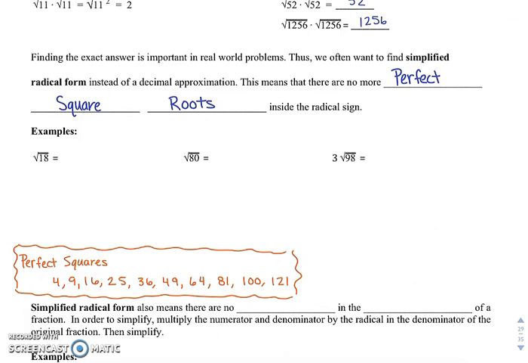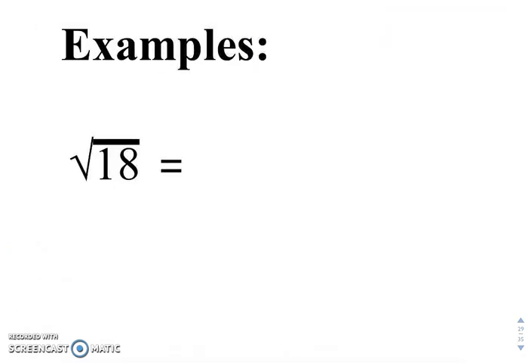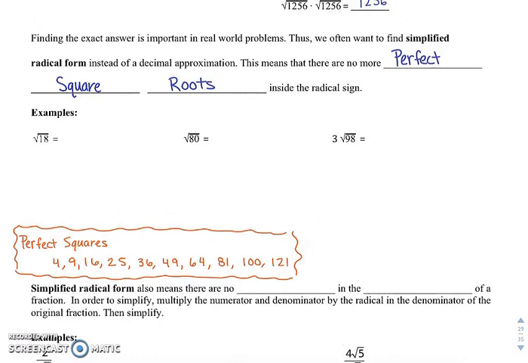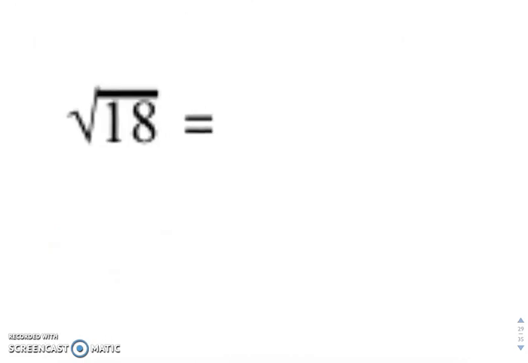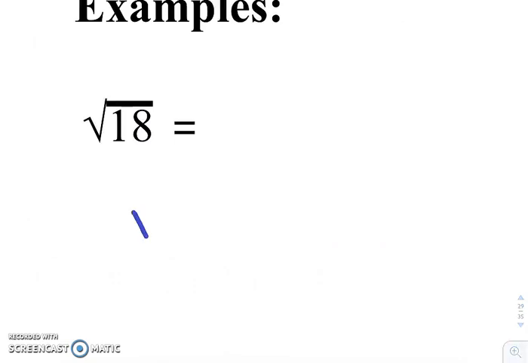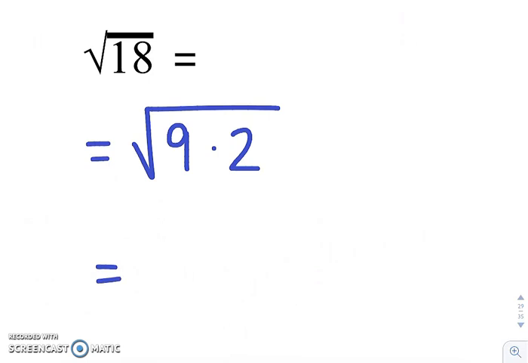But when you're simplifying numbers, like if you're simplifying the square root of 18, what you want to check for is perfect squares. So since 18 is not larger than 25, it should be divisible by either 4, 9, or 16. So what is the highest perfect square that goes into 18? Well, that would be 4. No, not 4. That would be 9. 9 times 2. So since 9 is a perfect square, we can say the square root of 9 is 3. That's going to come out, and that square root of 2